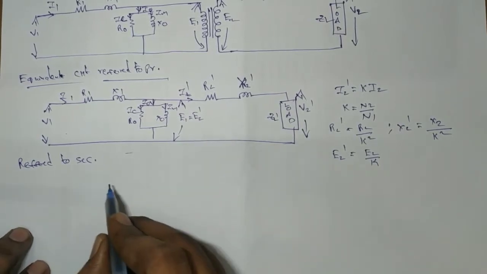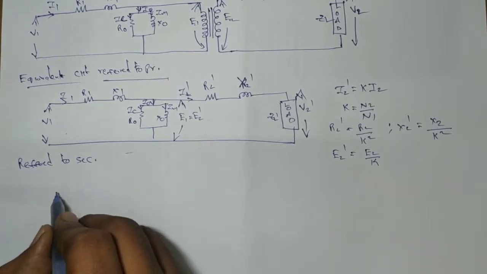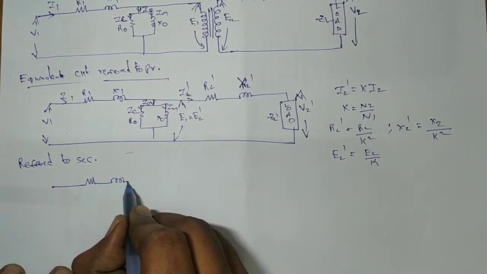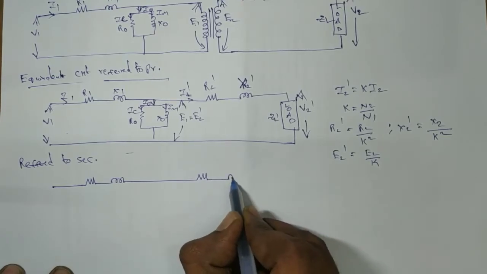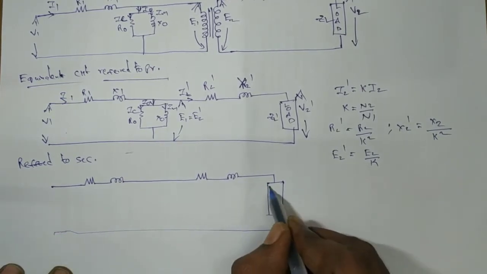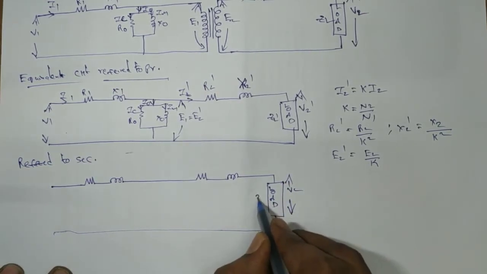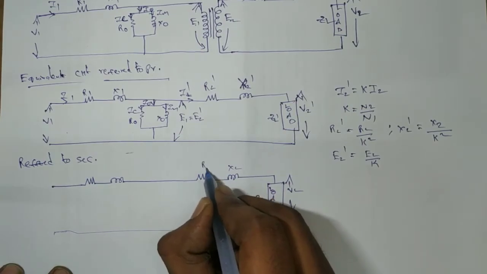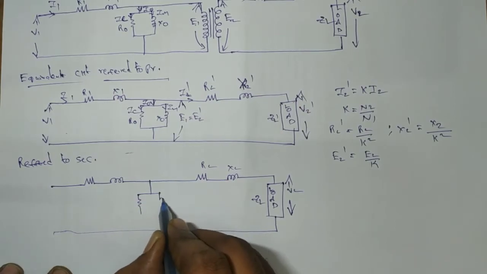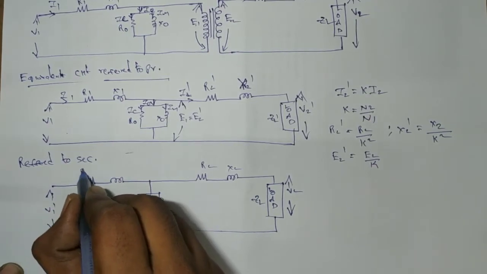For that, let us draw a transformer whose secondary side consists of R1 dash, X1 dash, and R2, X2, load, and in between I0 dash also. So load may be ZL, and the voltage across load is VL, and it is X2, R2. Here the no load component I0 dash, which consists of IC dash and IM dash, because they are shifted to the secondary. Here V1 dash, because it is referred to secondary.